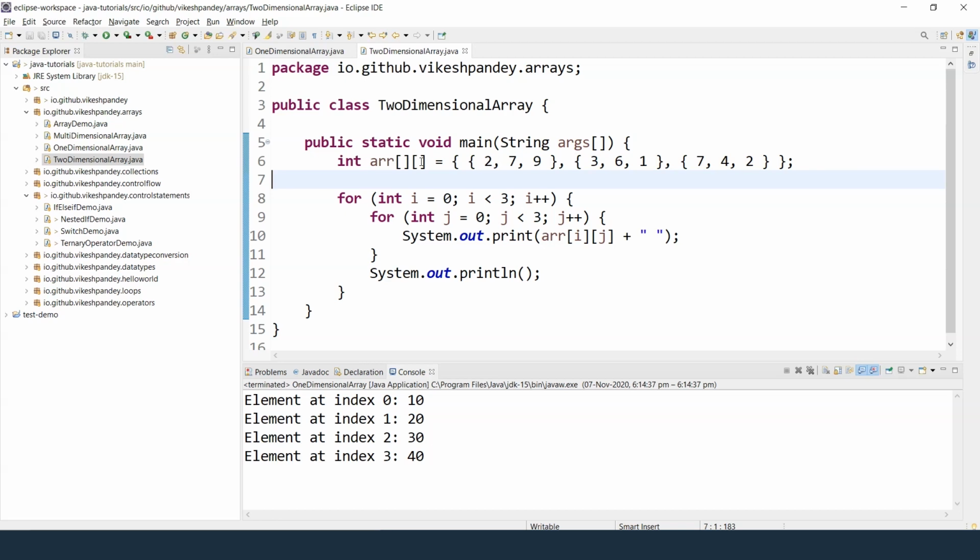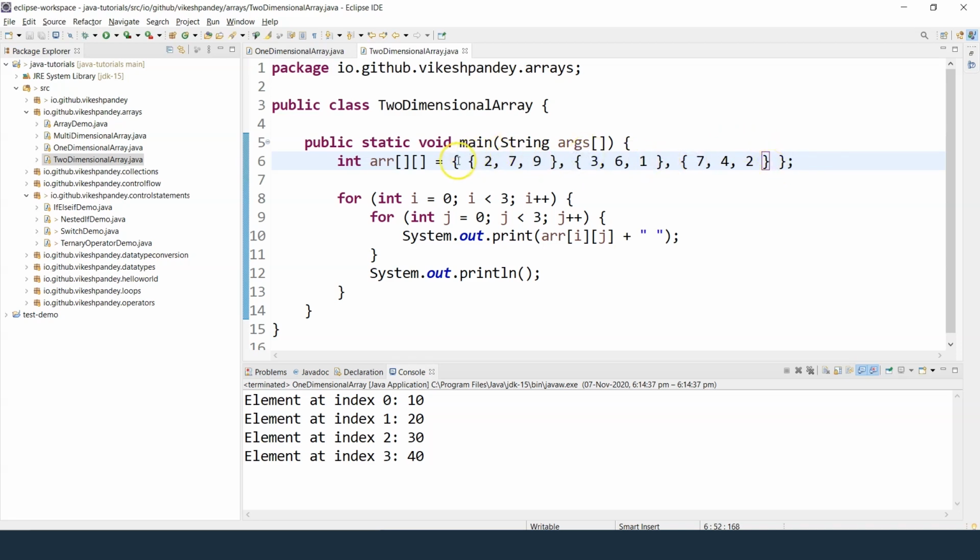Second part to understand is how to store the data. Remember, I told you always imagine the structure of rows and columns whenever you are trying to store a two-dimensional array in Java. So what are rows and what are values, and how do you represent them while you declare and initialize a two-dimensional array? You start with the curly braces as in a normal 1D array, but inside the curly braces, you create nested curly braces blocks. We can see 3 blocks here. They start with their own curly brace and end with their own. Then this curly brace starts here and ends here. And then this curly brace starts here and ends here.